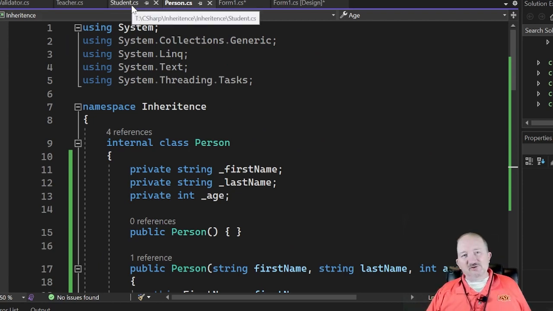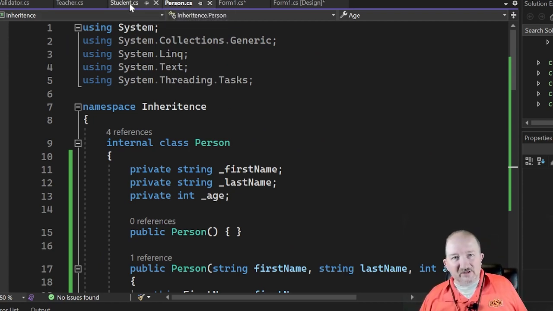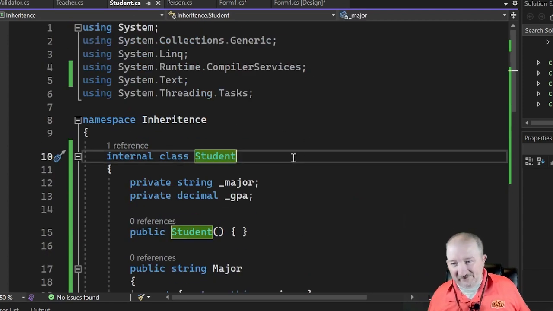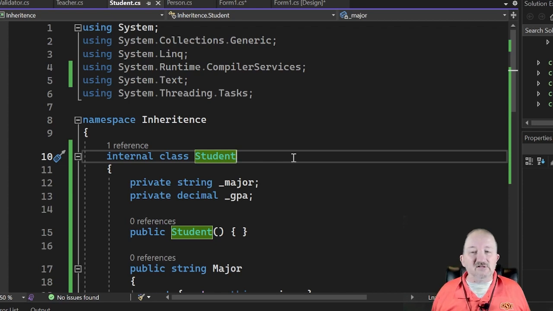So the next one I'm going to look at is the student class, because this is going to be my first actual foray, nine minutes into this inheritance video, into actual inheritance for the sake of the lecture here. So what inheritance is,